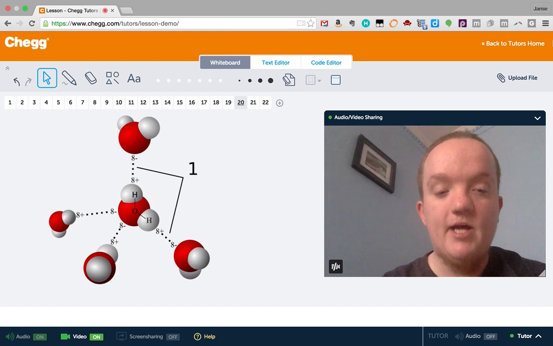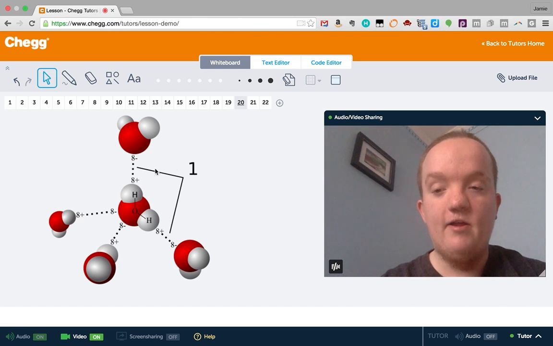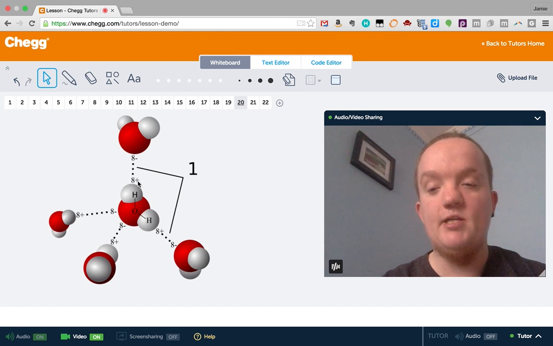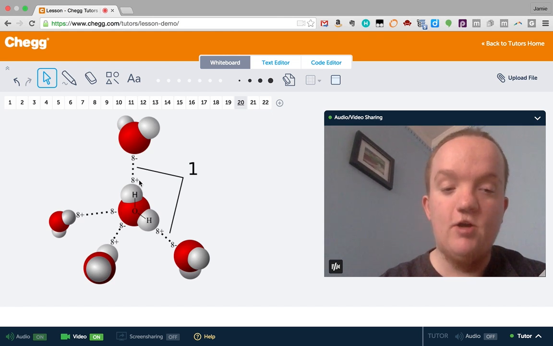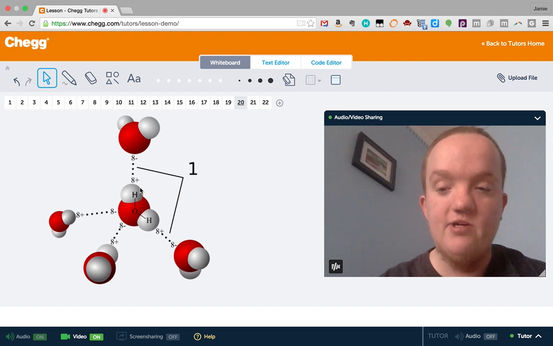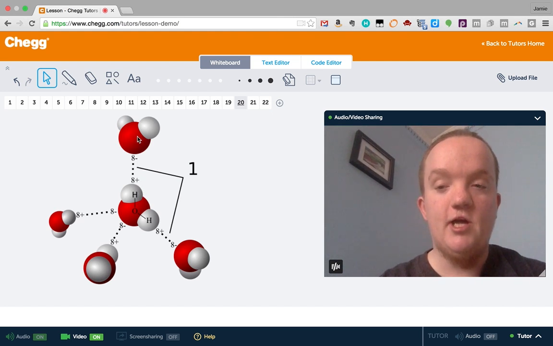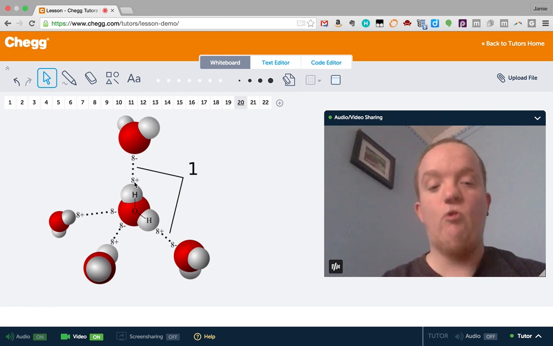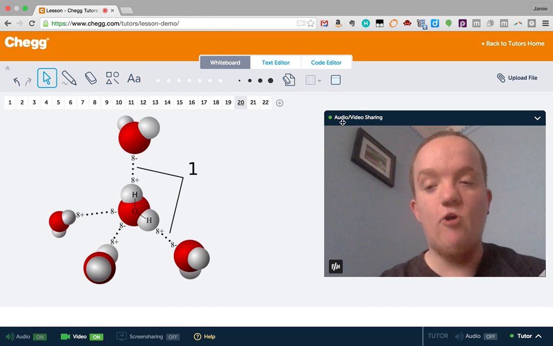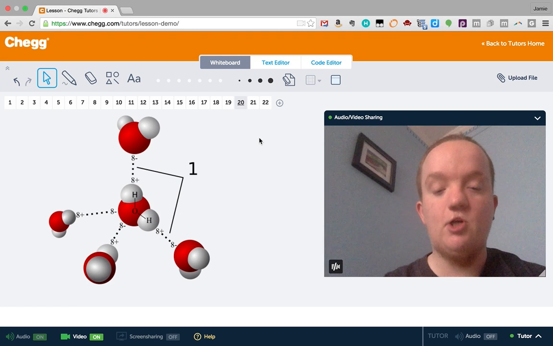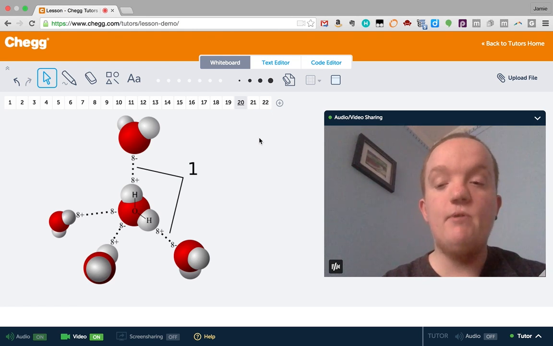Probably the most well-recognized version of hydrogen bonding occurs in water molecules. You'll note here that the dashed lines or the dotted lines represent hydrogen bonds. The little deltas represent a partial positive charge at the hydrogen, and a partial negative charge at the oxygen. This is why there's hydrogen bonding between water molecules. The partial negative and the partial positive charges attract each other via the Coulomb or electrostatic force and form a kind of bond, not as strong as a covalent or especially an ionic bond, but still strong enough to change